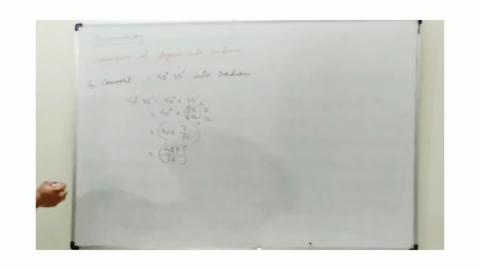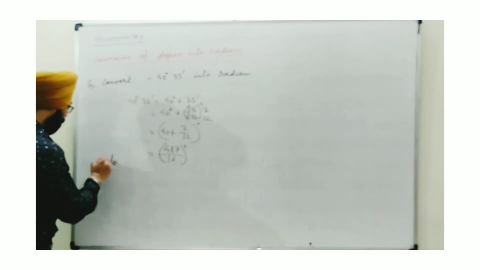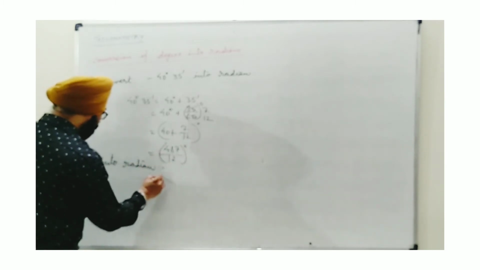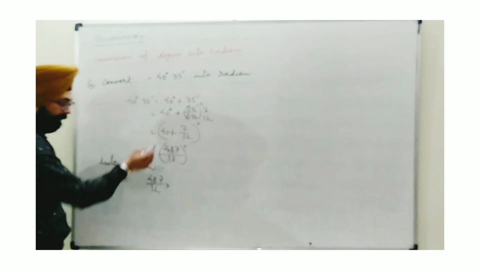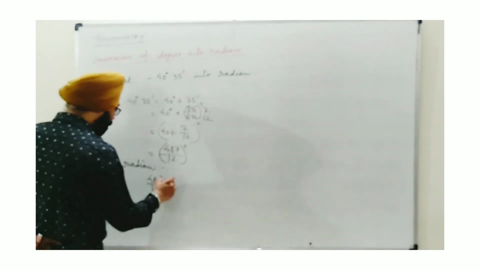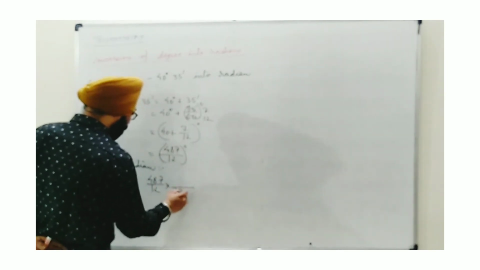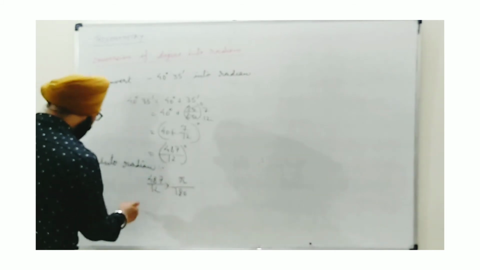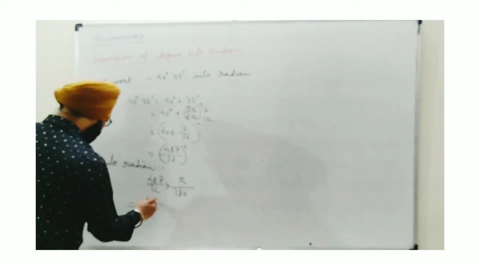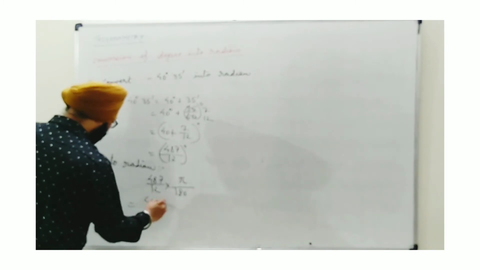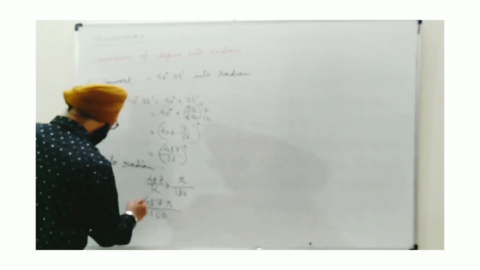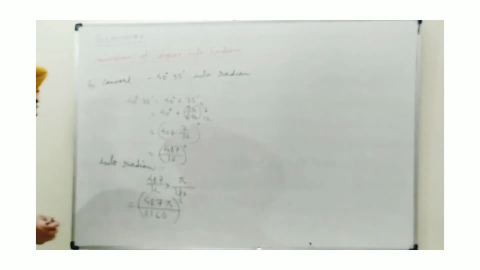Now requirement is to convert this in radian. Into radian if I do, so this will be 487 upon 12. As I said, this is in degrees, so will be divided by 180. So we can write here upon 180 and will multiply by pi. So you put pi here, but do not touch pi as I said. In calculation we take only these things other than pi. So 487 we can write 487 pi and 2160. This whole is in radian.